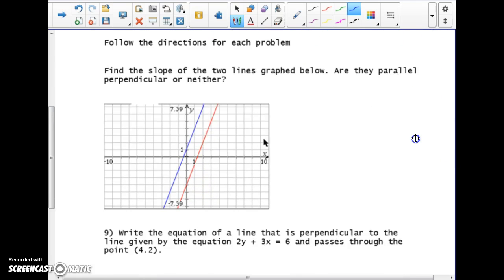Right here, you got to find the slope of these two lines. The first one, this one right here, I'm going to find my slope of this blue line. I'm going to go up 1, 2, 3, and then I can run to an exact point. So the slope of this blue line here is 3 over 1, or